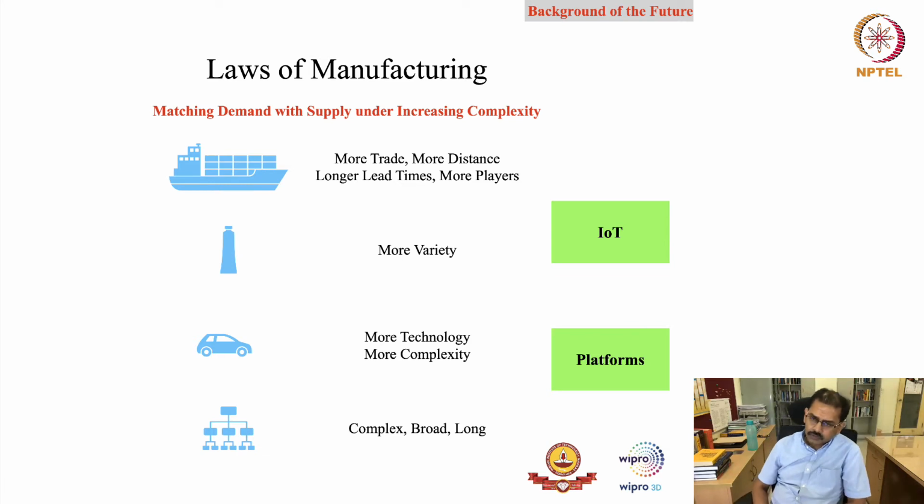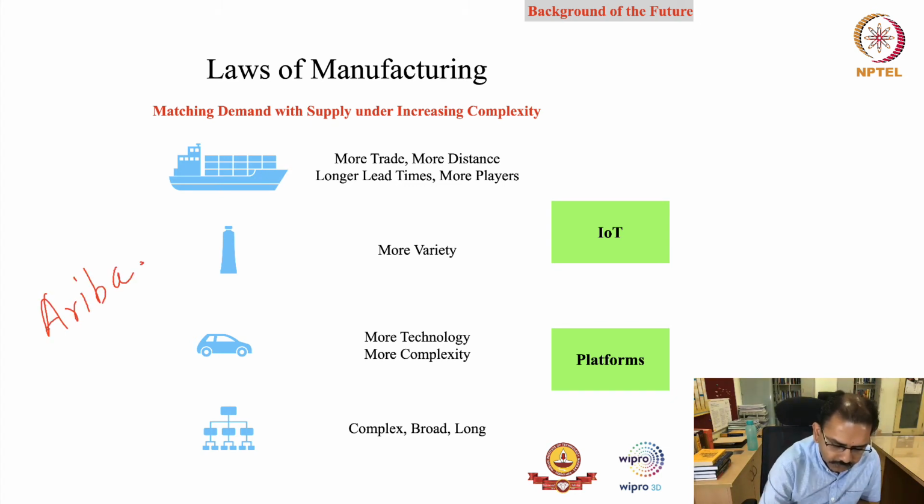Moreover, I talked about the pipelines to platforms, right? So instead of having dedicated suppliers, is it possible for me to actually think of supply chains in the form of platforms, right? So I can give you an example of companies like Ariba. So they become a procurement platform, right?